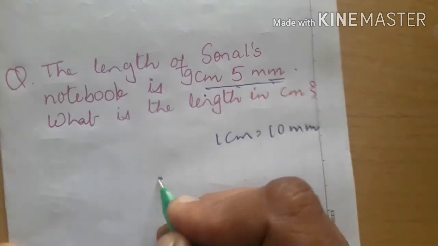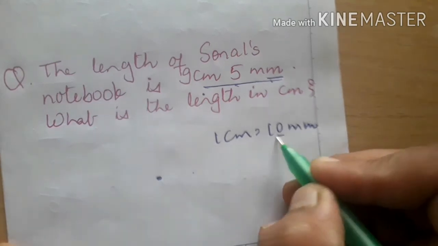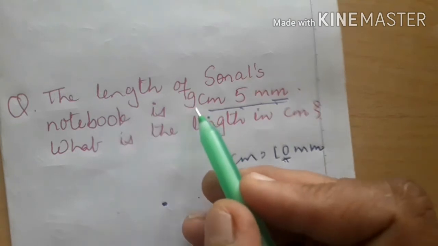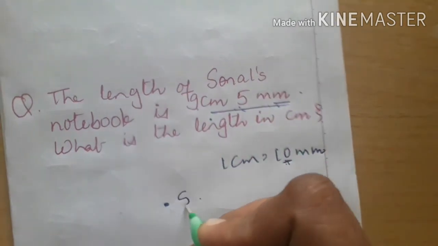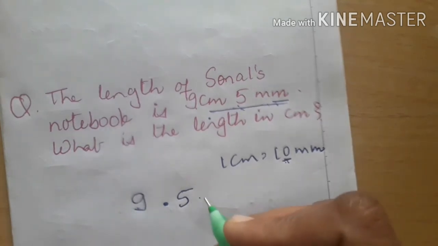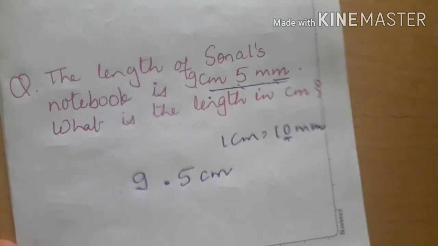So before decimal point bigger unit, after decimal point smaller unit, and I want only one digit over here. Okay, so here you can see centimeter in millimeter only one digit is there. So here you can write 5, and this is for centimeter. This is 9.5 and the unit is centimeter, right? Now let us see a few more questions, and you can see here the question given is convert.